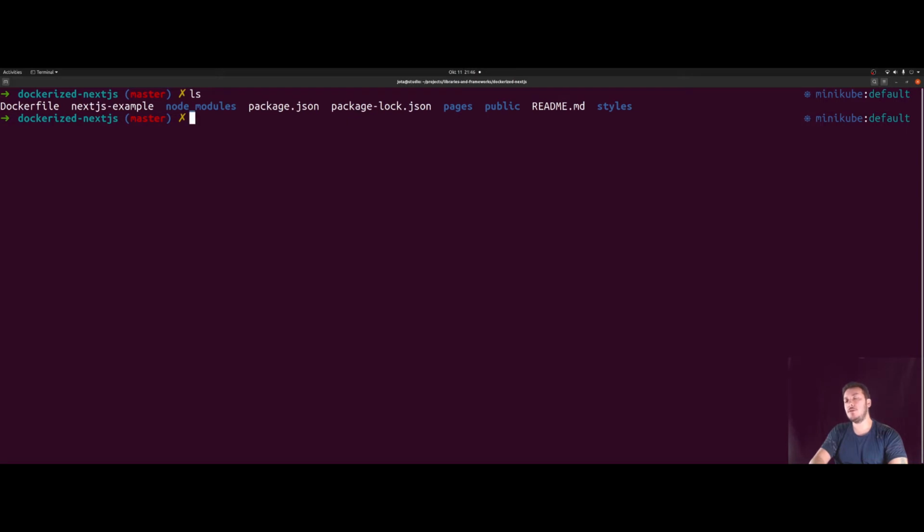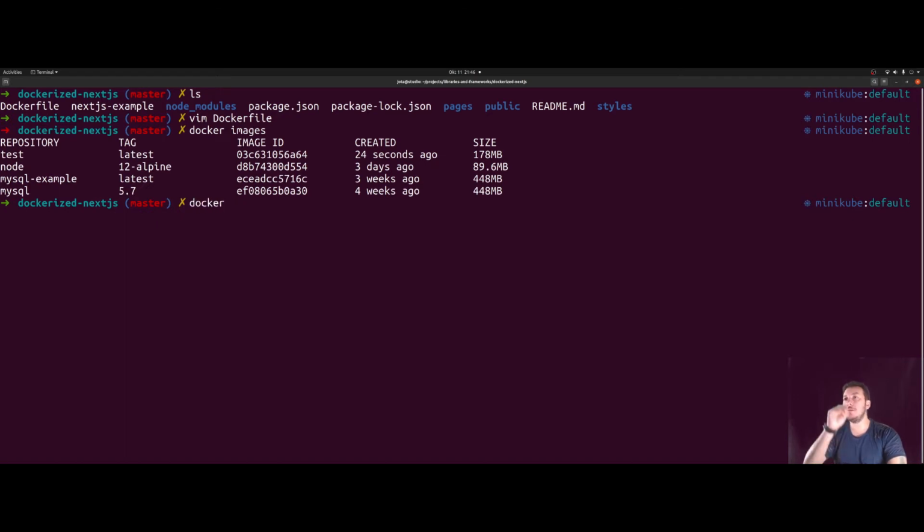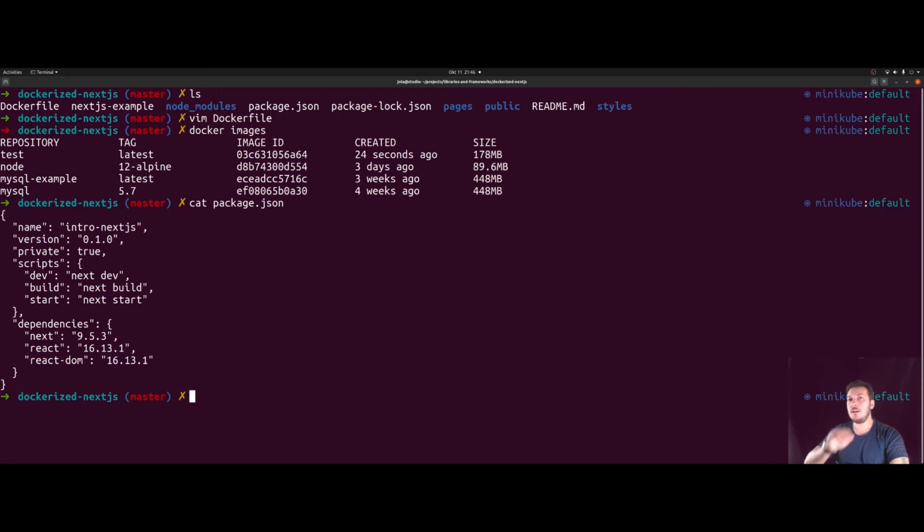Okay, let's go, and yeah, let's go for the next step. Dockerfile. Next step is going to be just looking at the image. 178 megabytes. That's pretty big. So it's in development state. I mean, it's with all the dependencies that come from development. We can see here that we have all of this. I'm going to remove it